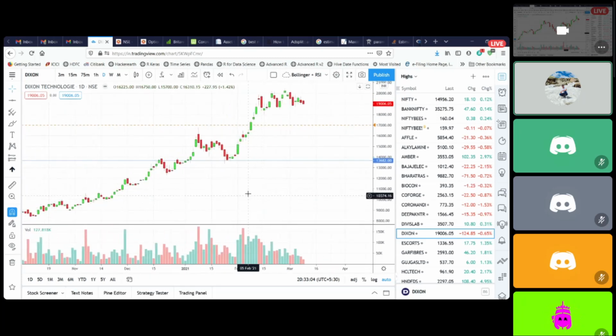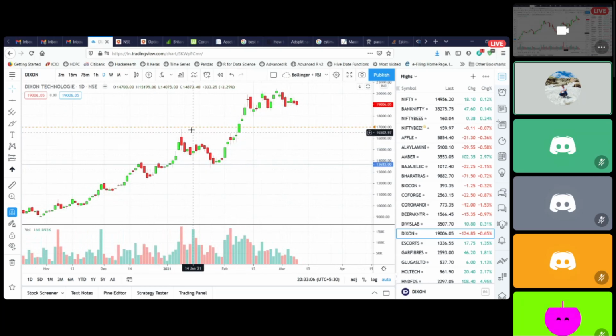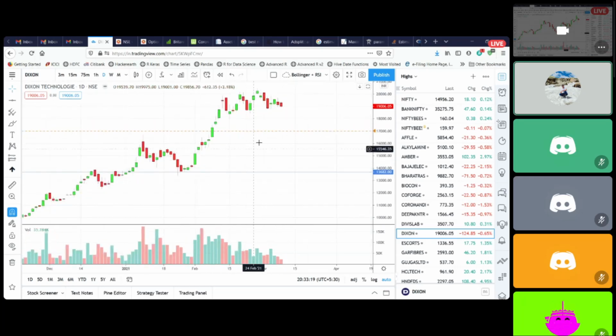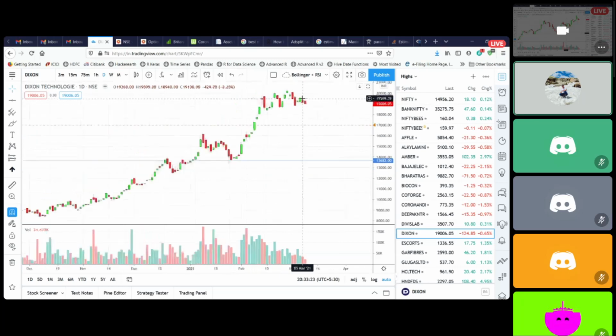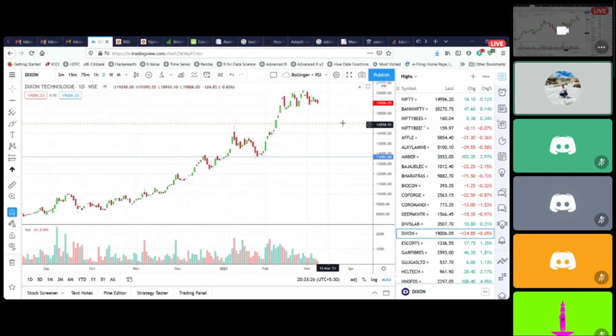Now I'm waiting for a fresh entry in Dixon again. Hopefully, if I get it, this was the previous high at 16,800. So if I get an entry in Dixon again in the 16,800 to 17,300 region, that would be a wonderful trading opportunity, from here till all these highs here at 19,700. So I wouldn't mind taking a trade here again. You just wait for it. I set an alert, and whenever it reaches here, I would jump in to take a trade. Obviously, a green candle coming in here. Green candles are a must.